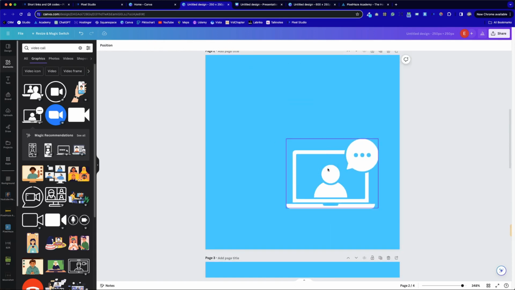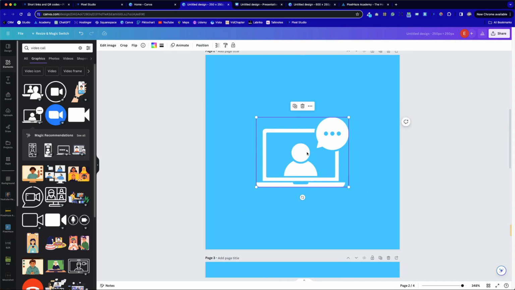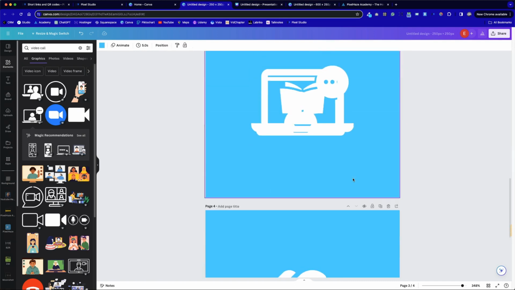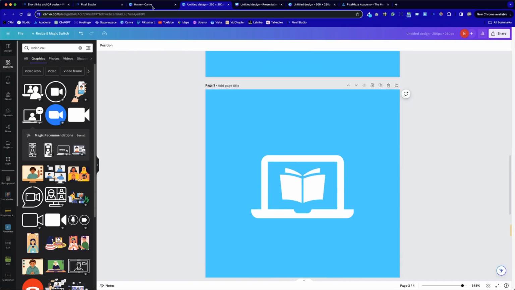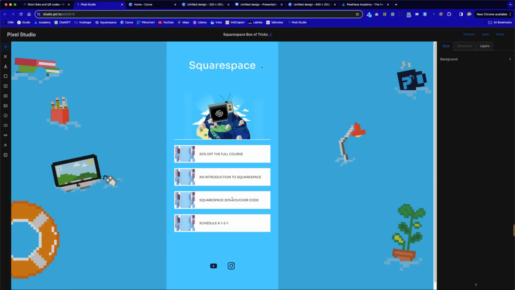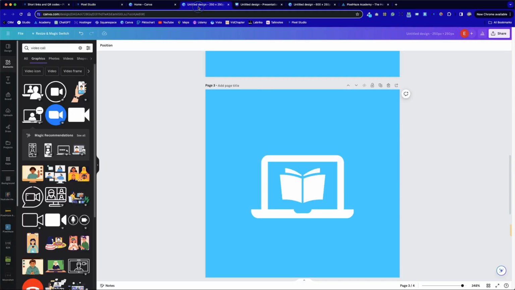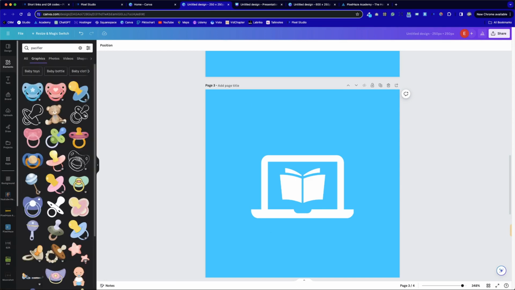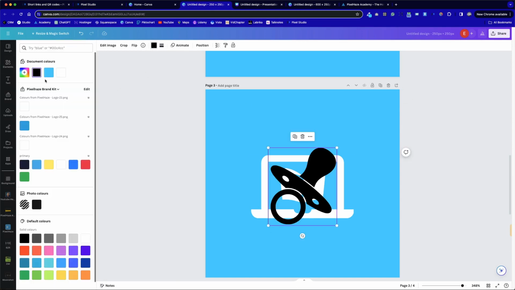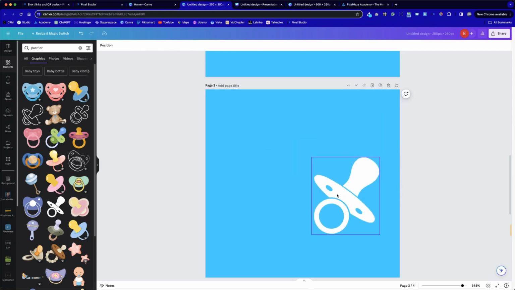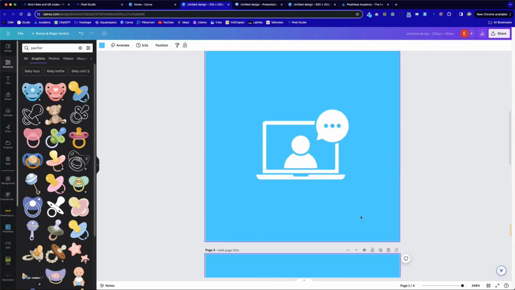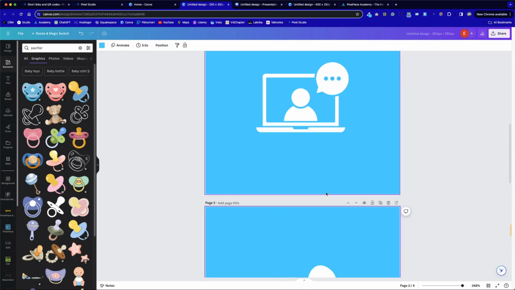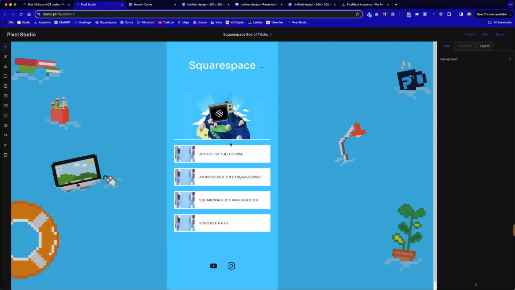Just move that out of the way, get rid of the old one, and then just bring it back into central alignment. Same for this one now. I believe we're looking at Introduction to Squarespace. Maybe I'll go for pacifier icon. Okay, there we go. We now have 1, 2, 3, 4 different icons that we can add into our buttons,